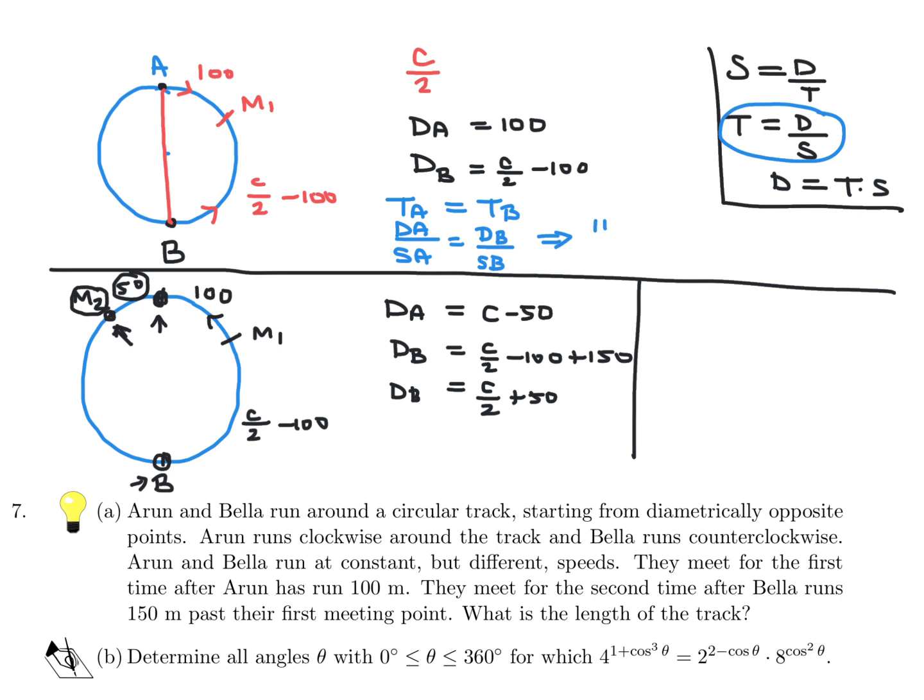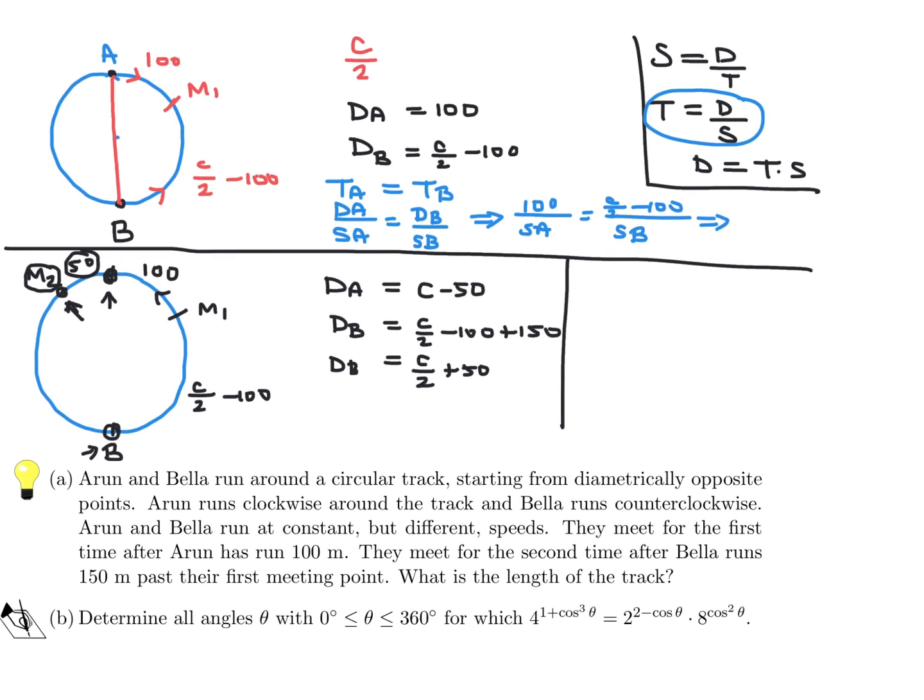Well, dA is 100 over SA. dB is c over 2 minus 100 over SB. And therefore, let's just get an equation of SA over SB. SA over SB would be